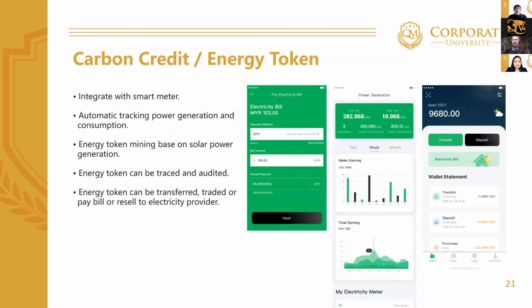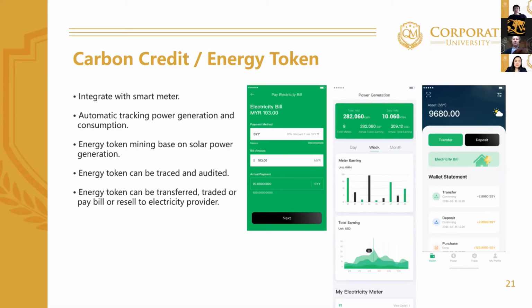And then another good thing about tokenization, in a different industry, is the carbon credit or energy tokens. This is for the green energy industry, like solar. We can integrate with the solar smart meter, so we can trace how much power has been generated or consumed. Based on that, we can calculate how much carbon has been saved, and from there, we can issue this carbon credit. This carbon credit is used to represent the